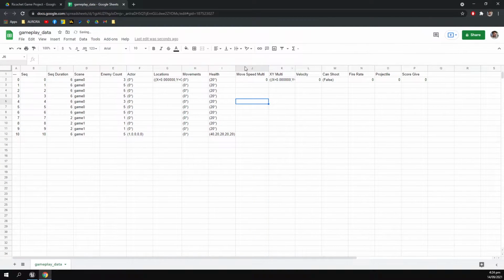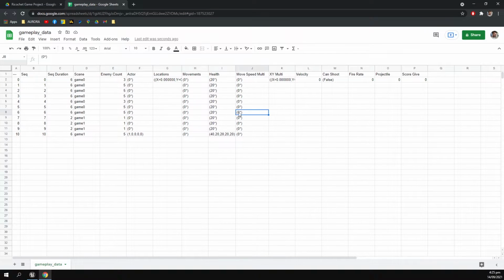Here we have a move speed multiplier, which will work with our movements, and if we want no movements at all, we can say we want our float variable to be 0, because when you multiply by 0, you just get 0. So it doesn't matter what our movement is set to. If it's a 0, then they won't be following any kind of movement pattern, they'll just be moving down the screen straight to the player. So we can set all these to be 0, but for an example later we could say, hey, we want